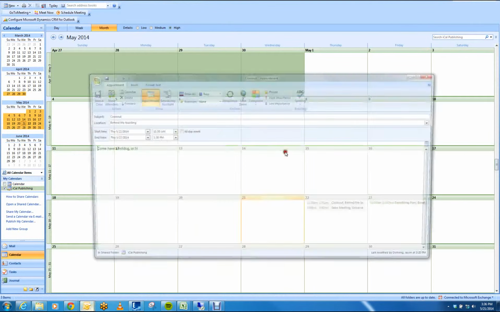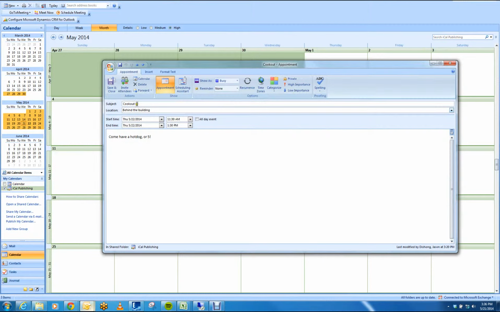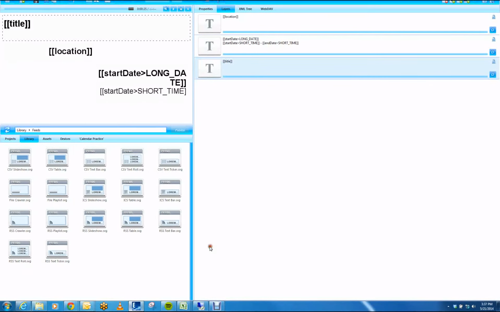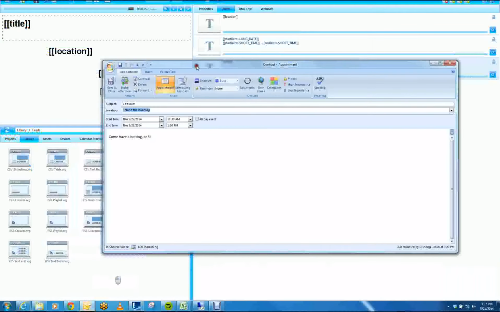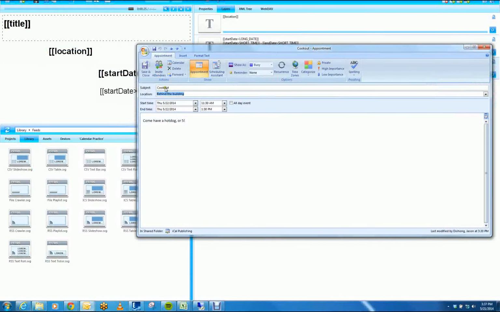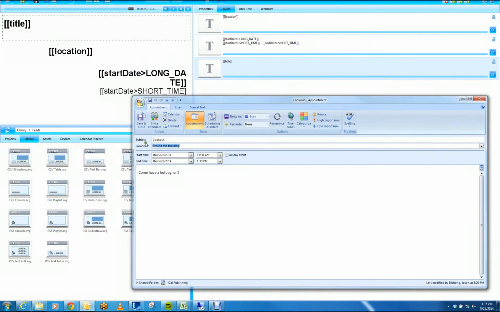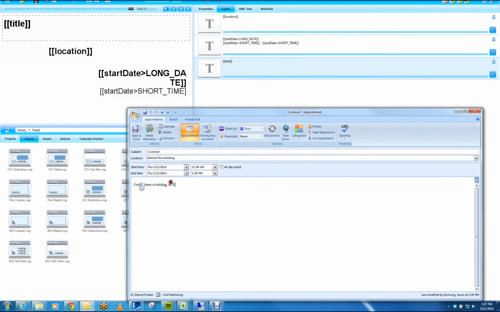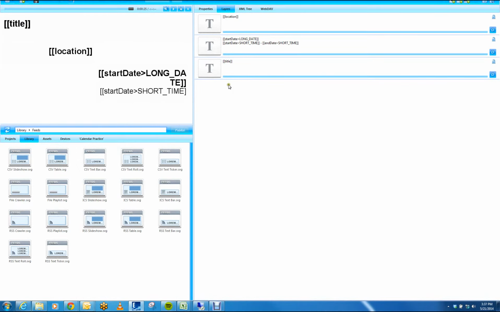If I were to open up one of these events, there are various fields that you can edit, and these associate with tags that you place in your layers of your ICS slideshow. The title is Cookout or Sales Meeting, depending on the event, and that corresponds to the subject line in Outlook. Location refers to the location. Start date and end date correspond to the start time and end time. And then this area of text right here is actually the description,